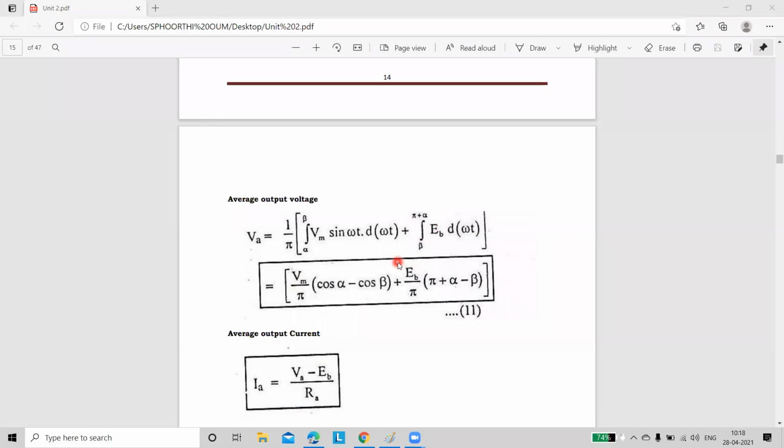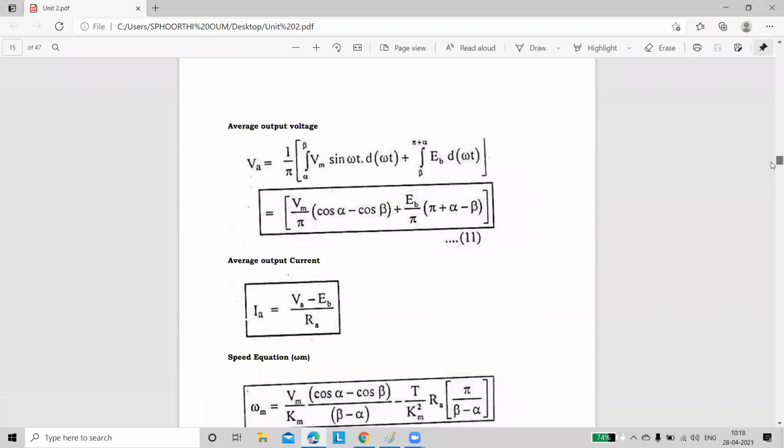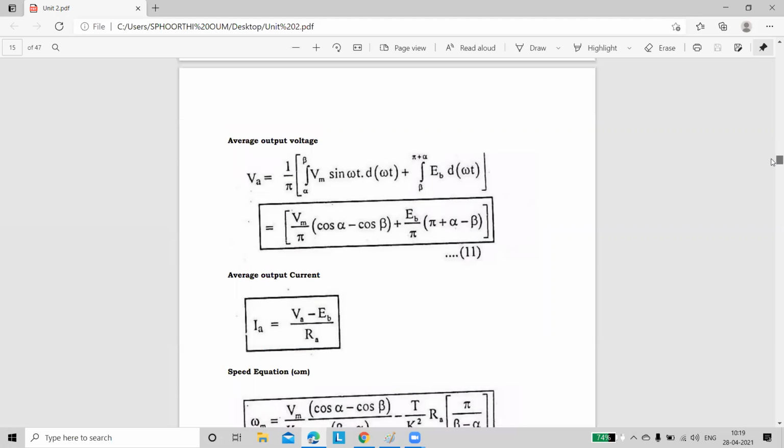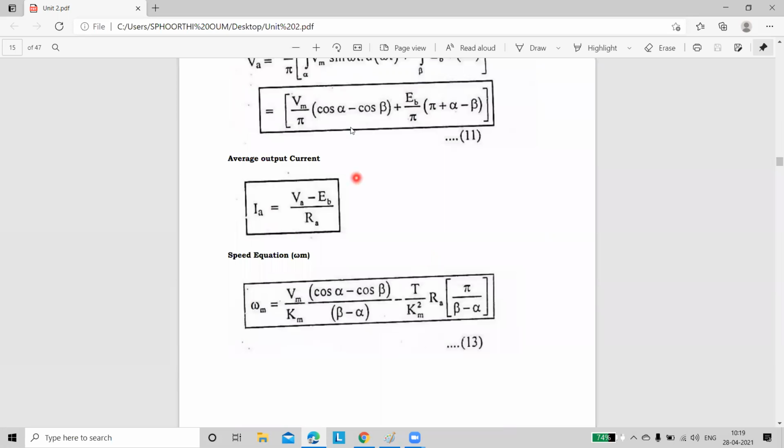Next, from our basic expression, EB is equal to VA minus IA RA, I am writing the expression for IA. Already you know that EB is equal to VA minus IA RA, from that expression only. And if a doubt arises, how are we getting this expression? Look at the equation once.